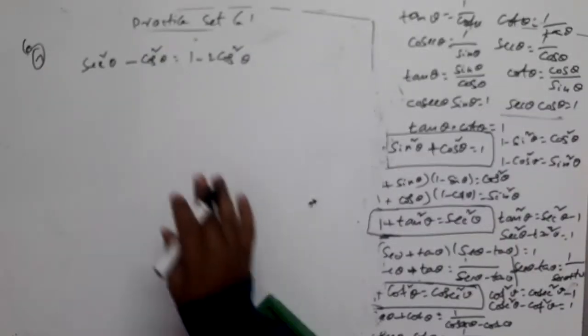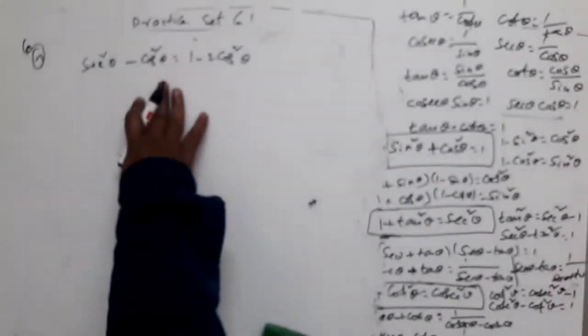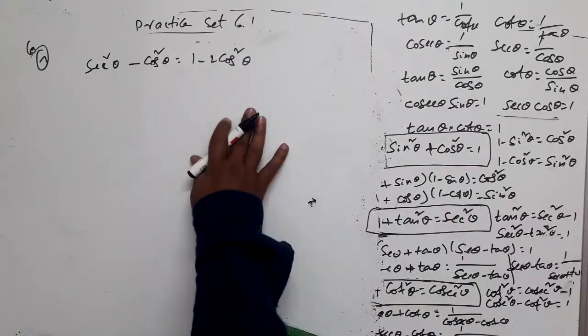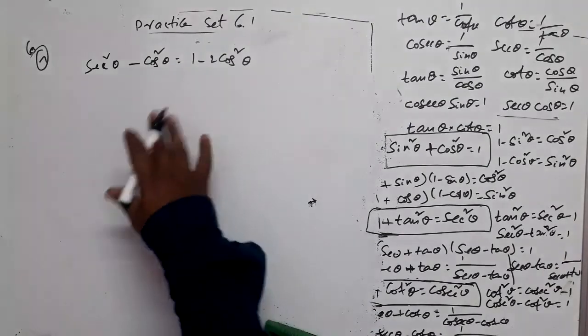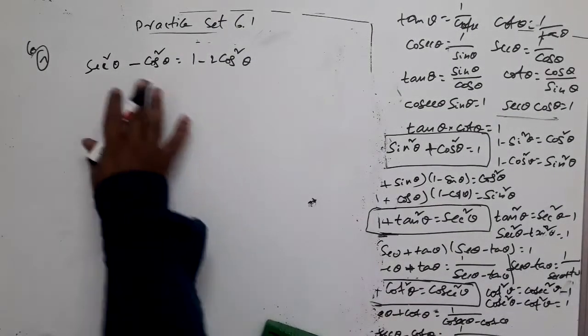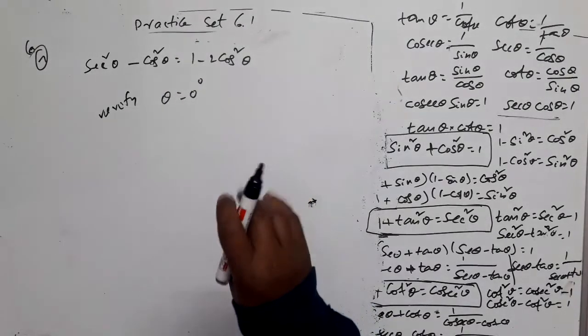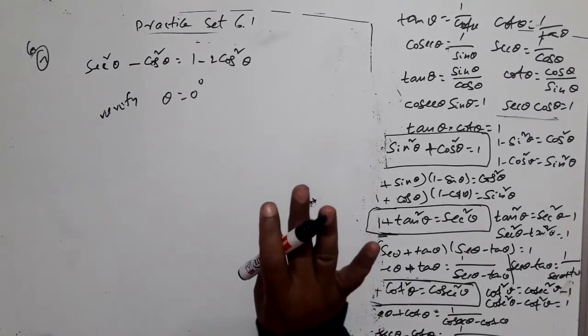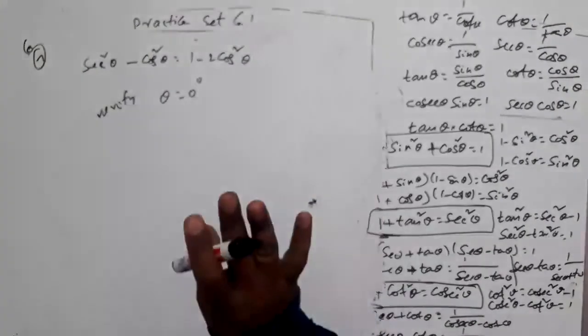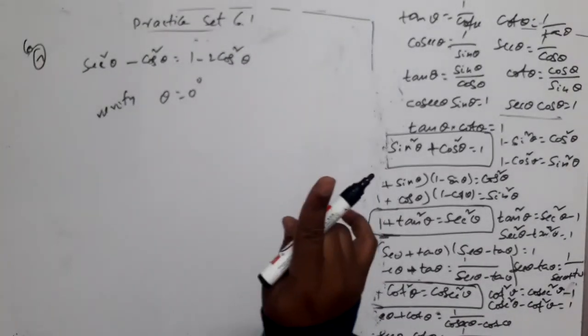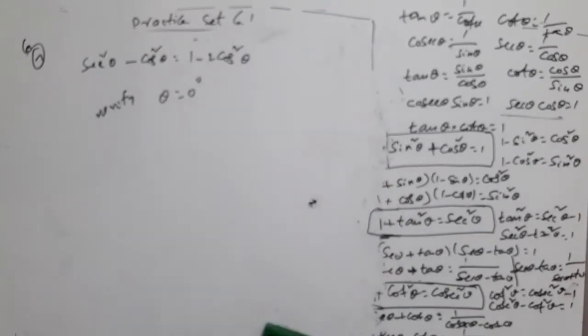See, if this question is the correct one, then for any value of theta for which the terms involved are defined, for all the values of theta for which the terms are involved, the left hand side part and right hand side part should be equal. Let us verify. Verify with theta equal to, let us say, familiar angles. We know values of all the 6 trigonometric ratios for 5 specific angles: 0 degrees, 30 degrees, 45 degrees, 60 degrees, 90 degrees, right? Let us substitute any one of them. Let us say theta is 0.